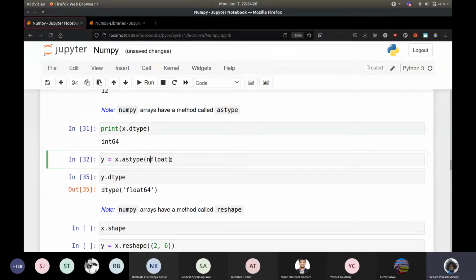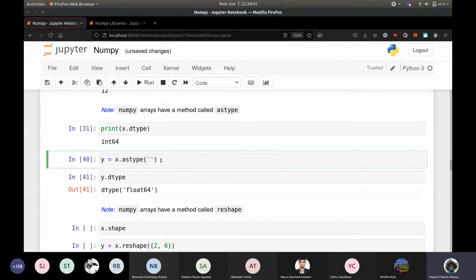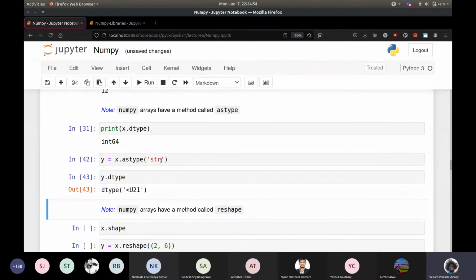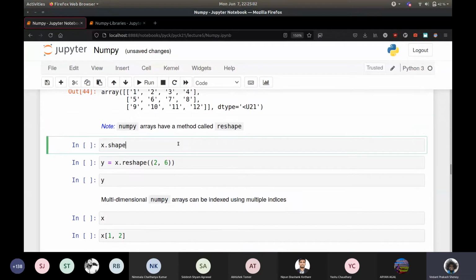Now you can do this, or you can equivalently just do numpy.float64. Note that this float64 is not a Python data type, right? It's a data type defined within NumPy. That's why you can do np.float64, and it'll basically give you the same thing. You can go up to 128, right? So that's fun. I don't think it's supported beyond that, but you can also use this sort of string version if you want. If you want to convert this into a string, you can do this, and you will get each element as a string. Pretty fun.